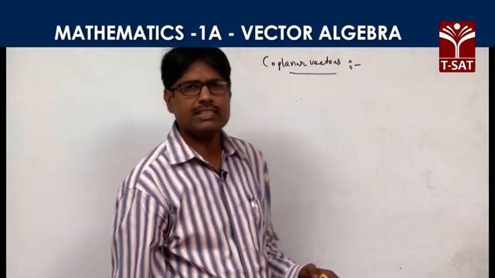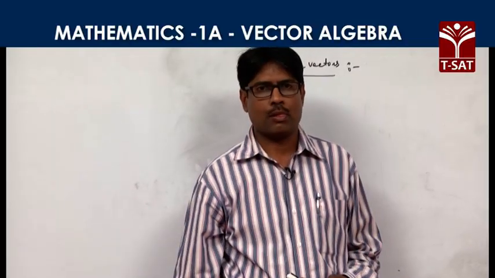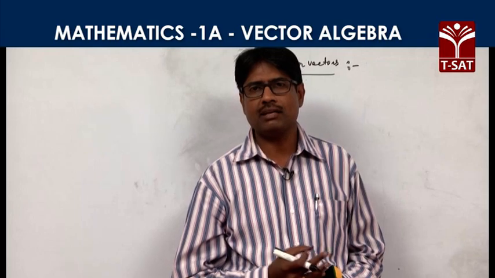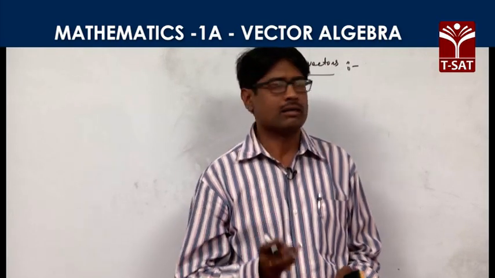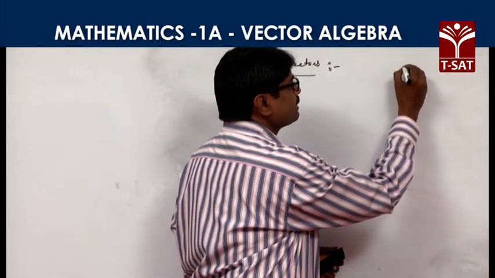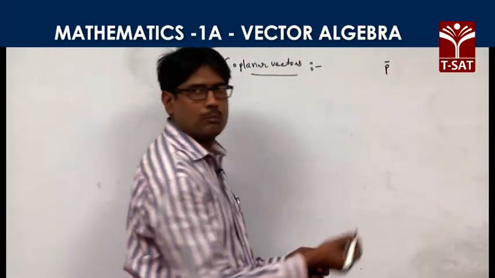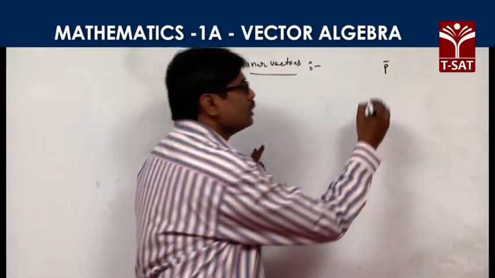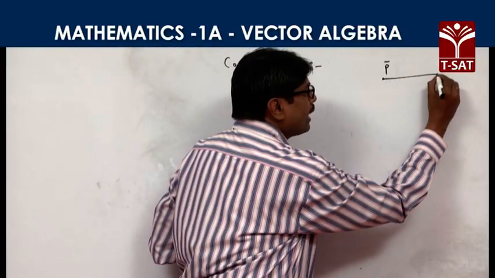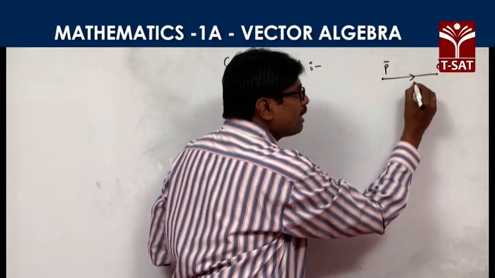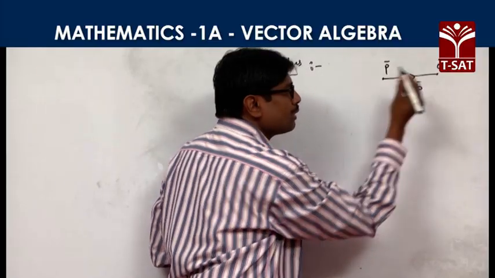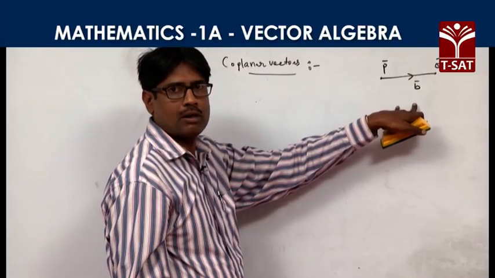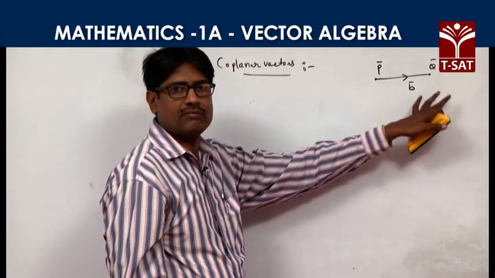And first, a small point to be discussed: vector and vector point. What is the difference between a vector and a vector point? Just now we have discussed P is a vector point in the space. Joining two vector points, a vector will be formed, some AB bar. Vector points are different and vector.